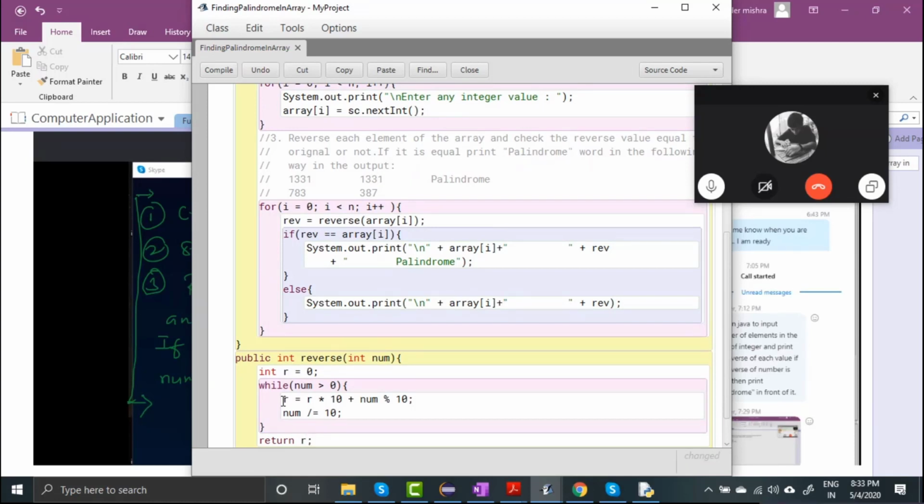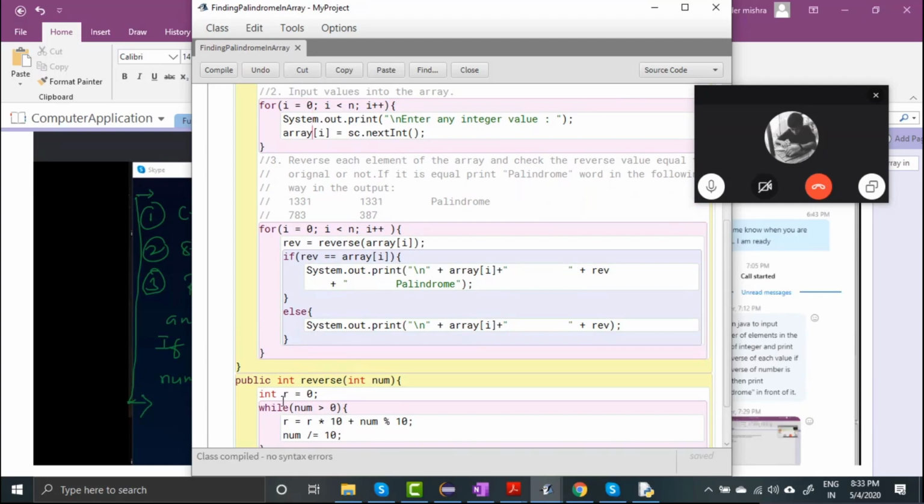Okay, so this is the full code, right? So here you have learned how to take input of the array, and here I'm displaying the information. Here I'm printing the array using loop.